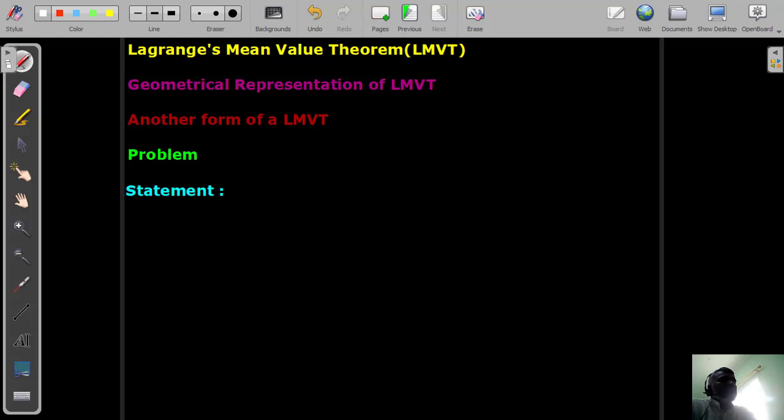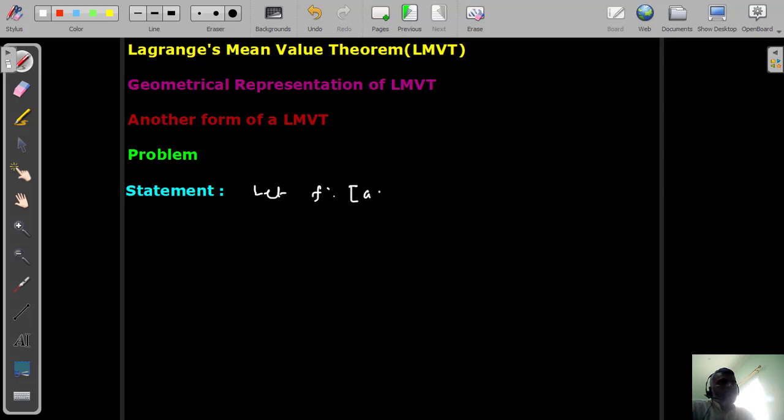Hello students, welcome to Lagrange's mean value theorem, geometrical representation of Lagrange's mean value theorem, another form of Lagrange's mean value theorem, and we will discuss one problem. So let's get started. The statement of the Lagrange's mean value theorem is: let f